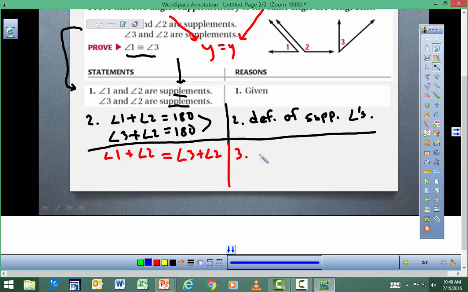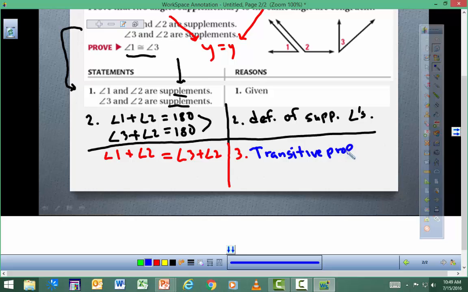So the reason for this is the transitive property. Now I might add that you could have said substitution as well. But this framework is really